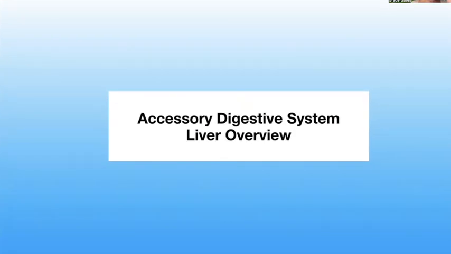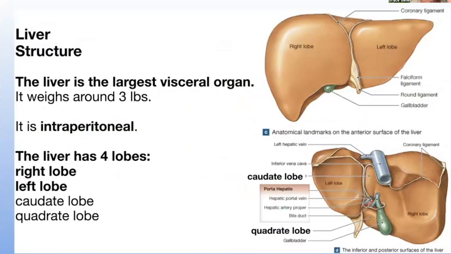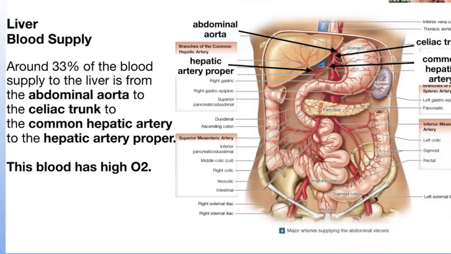Okay, now the liver, an overview. The liver is the largest visceral organ. It weighs around 3 pounds. It is intraperitoneal. It has 4 lobes: the right lobe, the left lobe, the small caudate lobe, and the small quadrate lobe. Around 33% of the blood supply to the liver is from the abdominal aorta to the celiac trunk to